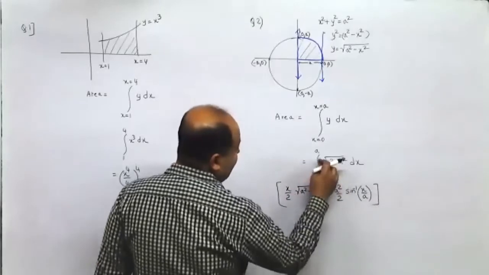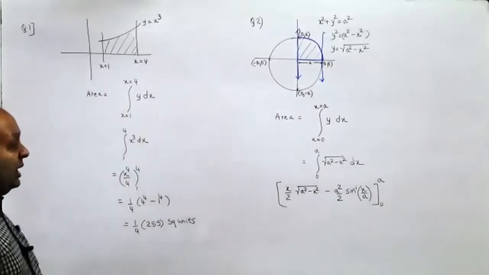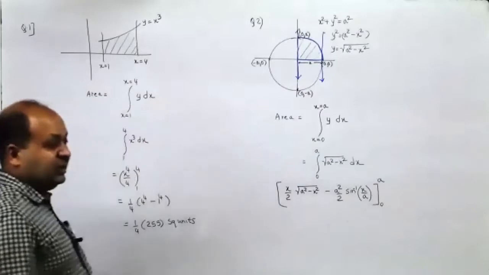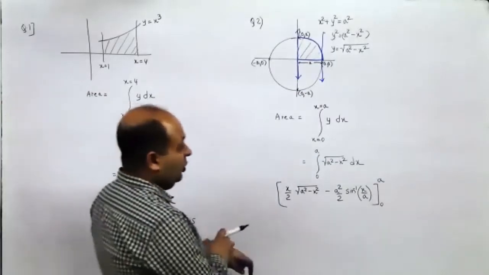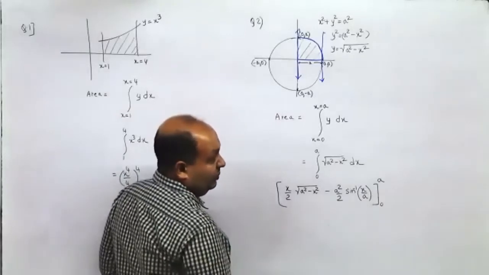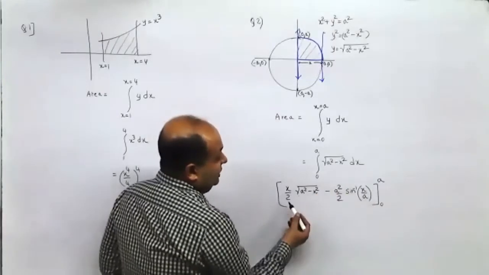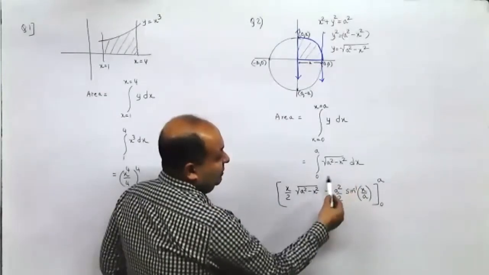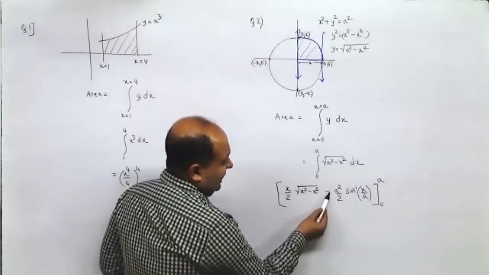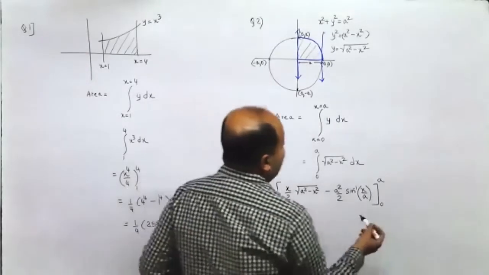There won't be a c term here because this is definite integration between 0 and a. I told you this formula, sine inverse x by a. Usually you don't have it, but just remember it in case you want to apply this formula. Here they haven't given you the formula as such, you will have to learn it by heart: root a square minus x square. It is very easy to derive, just multiply it with 1. I am not very sure about the sign, is it minus or plus? I think it is minus itself, else I'll have to derive it.